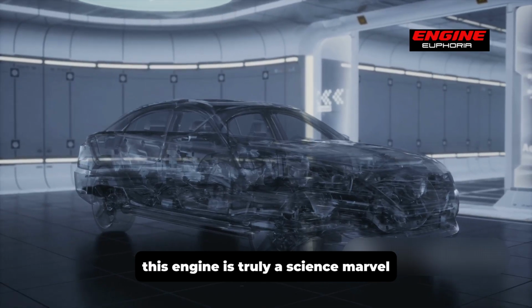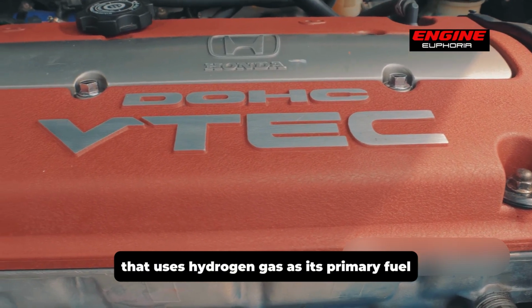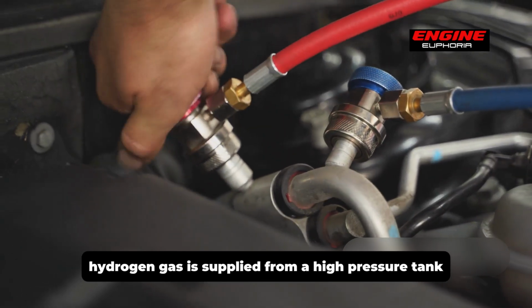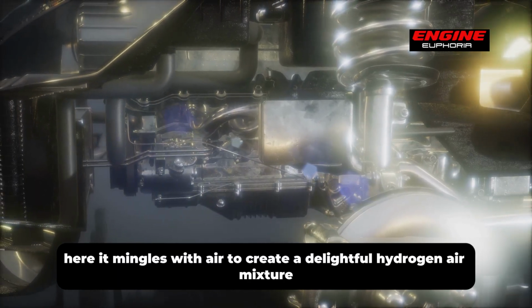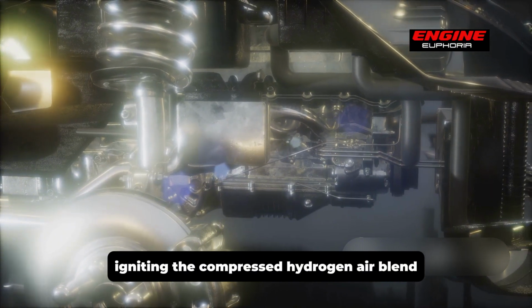This engine is truly a science marvel. Picture a hydrogen combustion engine that uses hydrogen gas as its primary fuel rather than traditional gasoline. When the engine roars to life, hydrogen gas is supplied from a high-pressure tank to the engine's combustion chamber. Here it mingles with air to create a delightful hydrogen-air mixture. As the engine's pistons compress this mixture, a spark plug provides a tiny yet powerful spark, igniting the compressed hydrogen-air